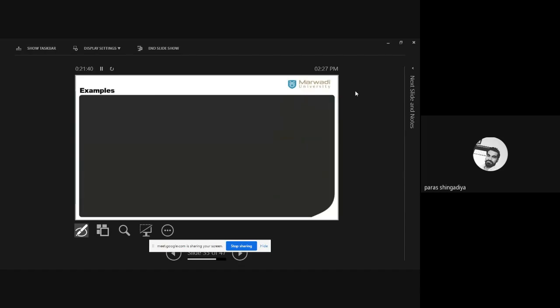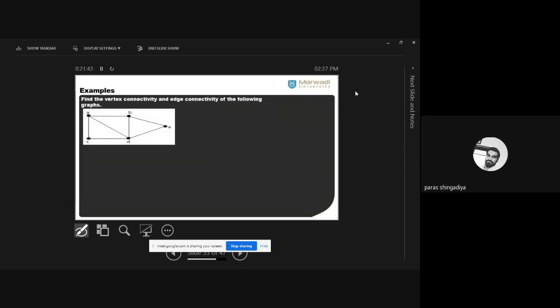So let's check some more examples here. 3 to 4 graphs are given here, and let's find the vertex and edge connectivity of them. One of the graphs is given here with 5 vertices and some edges. Clear? So what is the edge connectivity of this graph? We need the smallest cut set. You have to find the smallest cut set, and you can directly observe it also. You have to disconnect E. So how many edges do you need to remove? Two edges.